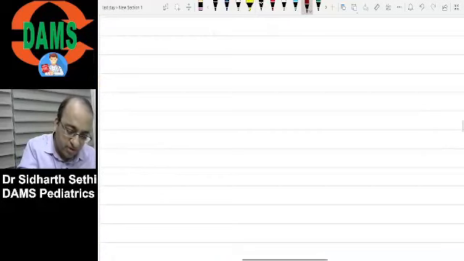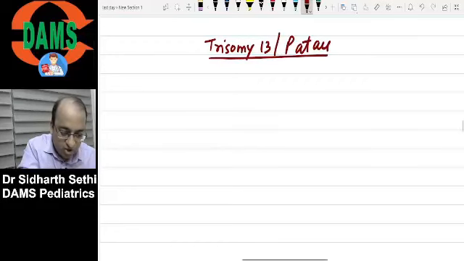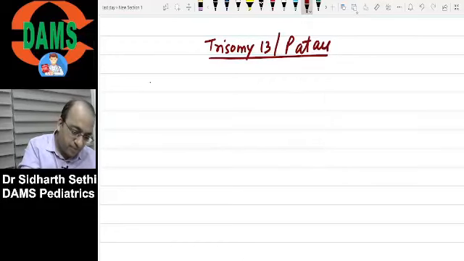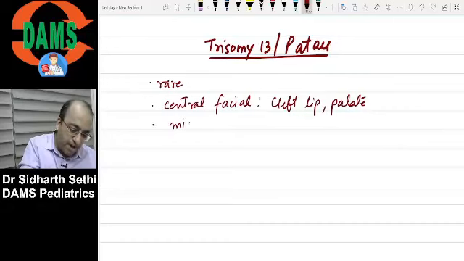So just a word about trisomy 13 called Patau syndrome, a rare syndrome. You saw Downs is common, Edwards is common, but Patau's is rare. You saw they have central facial problems. So if you ever have a child with cleft lip, cleft palate, and you also see they have microphthalmia, small eyes,